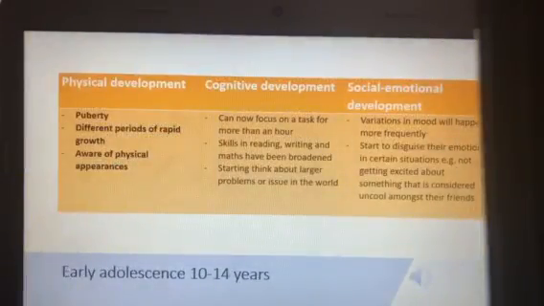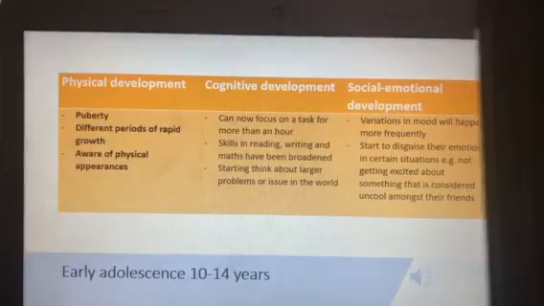And the final developmental stage seen with children up to 12 years is early adolescence, which is actually from 10 to 14 years. In early adolescence, it is seen that children begin to gain maturity and move away from childlike behaviours. As puberty approaches, both boys and girls go through a number of physical and emotional changes. So they start to think about how others perceive them and reflect on themselves.